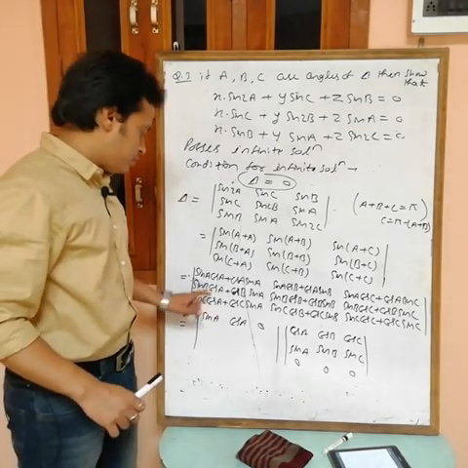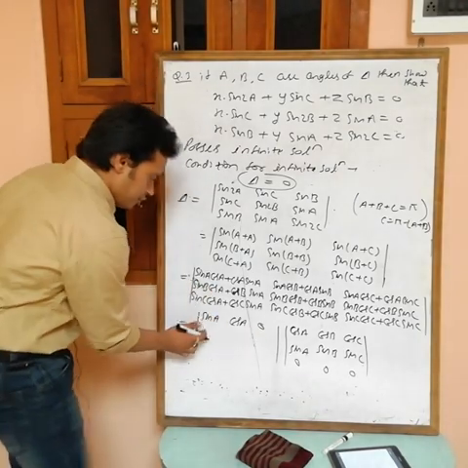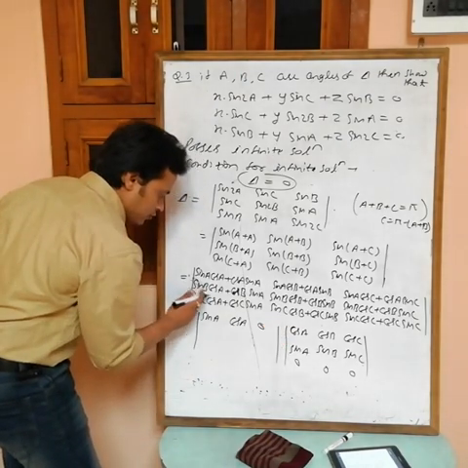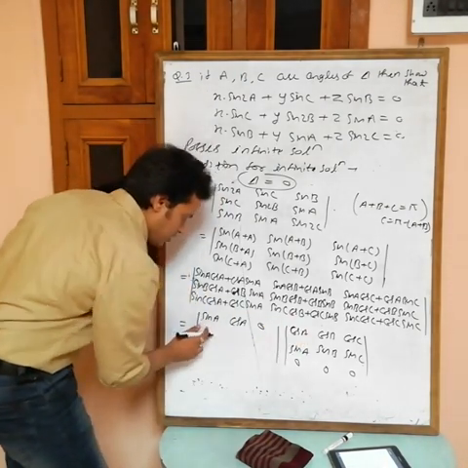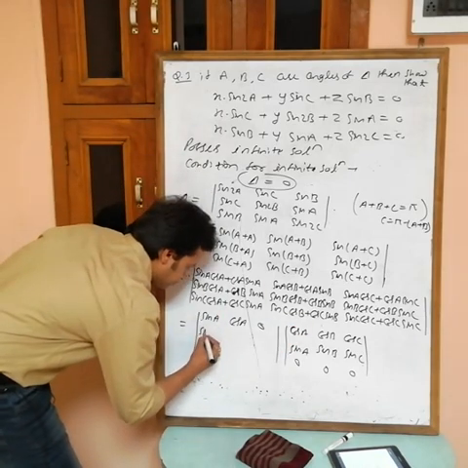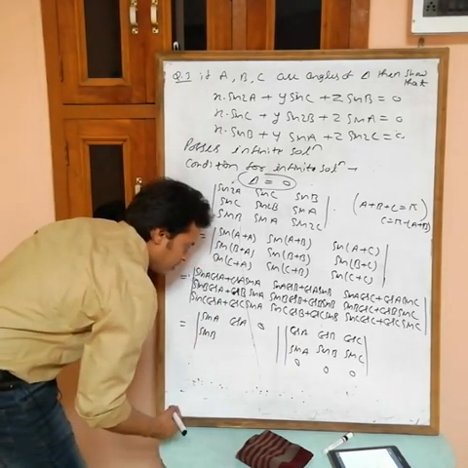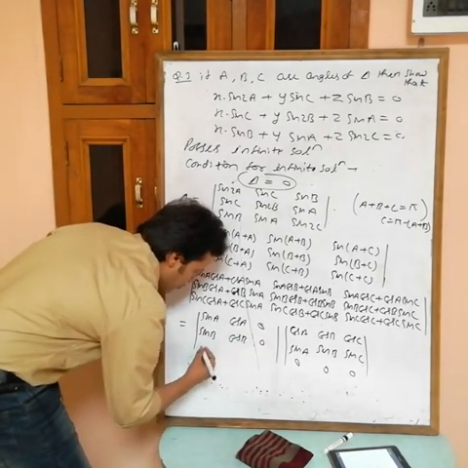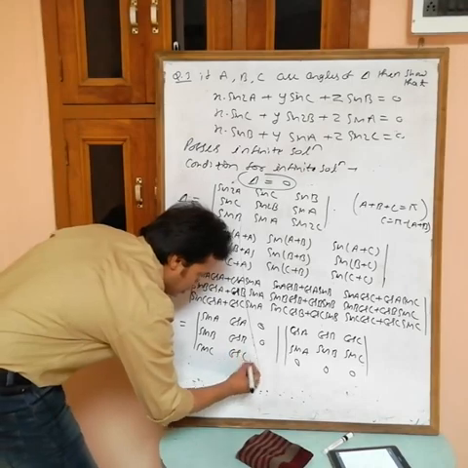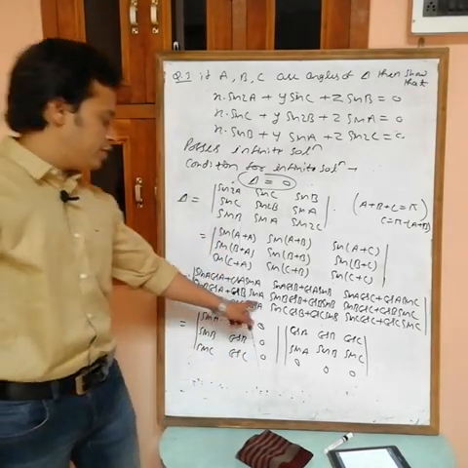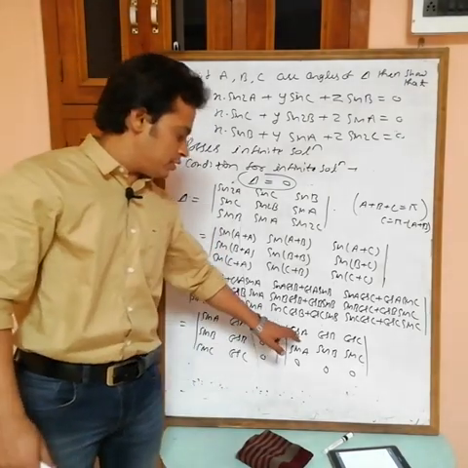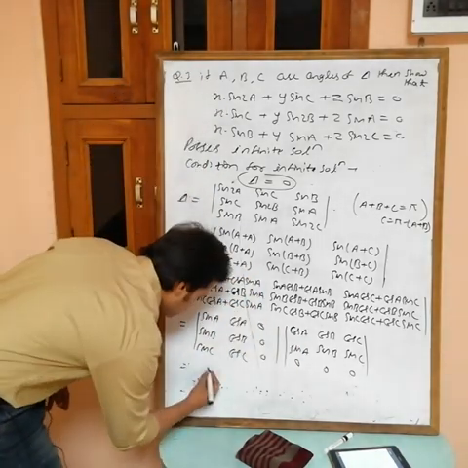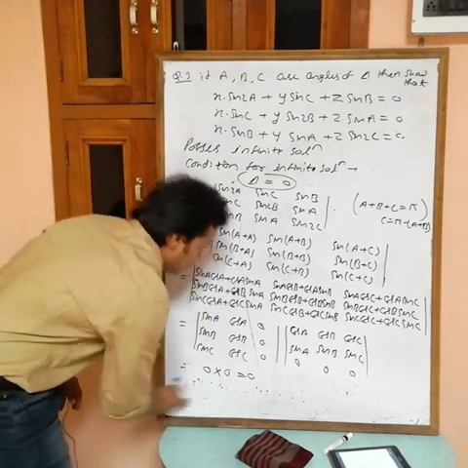Now P21, second row, first column: cos a. Here we have sin b cos a, sin b cos a. Then similarly you will get here cos b and 0, sin c cos c 0. Now obviously all the elements are 0, so if you multiply these two determinants, you will get this determinant. This is 0, this is 0, so 0 into 0 equals 0.